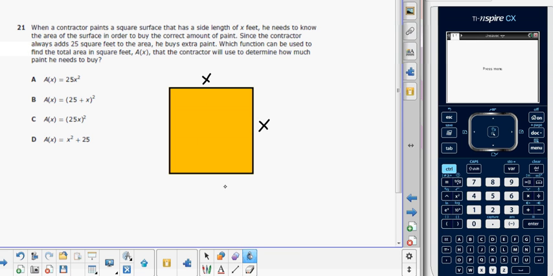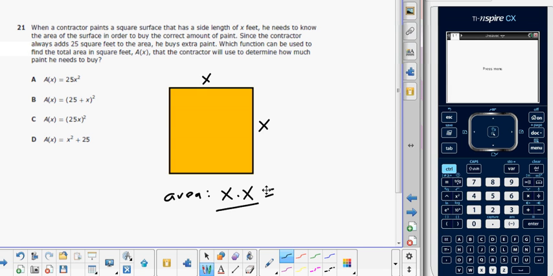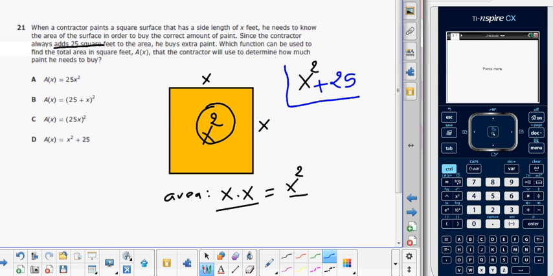So what's the area? The area of any square, we should know, is side times side. So in this case, it's x times x. Now what's x times x? It's x squared. So we know the area of this square is x squared. That's the area. But look at what he always does. The contractor adds 25 square feet to the area. So you take the area, x squared, and you add 25. So this is the final equation